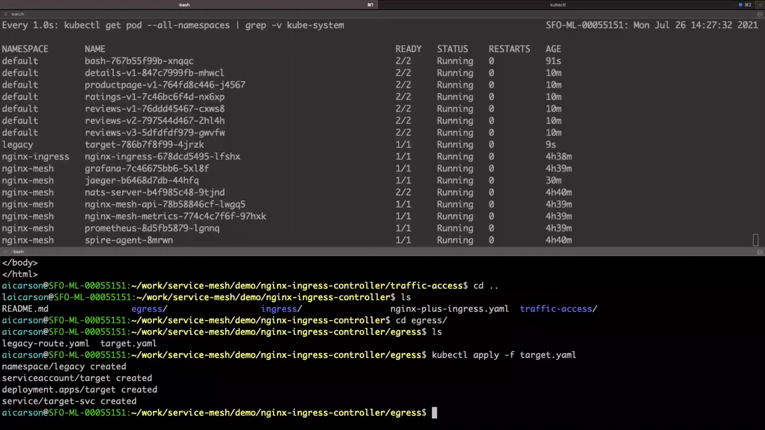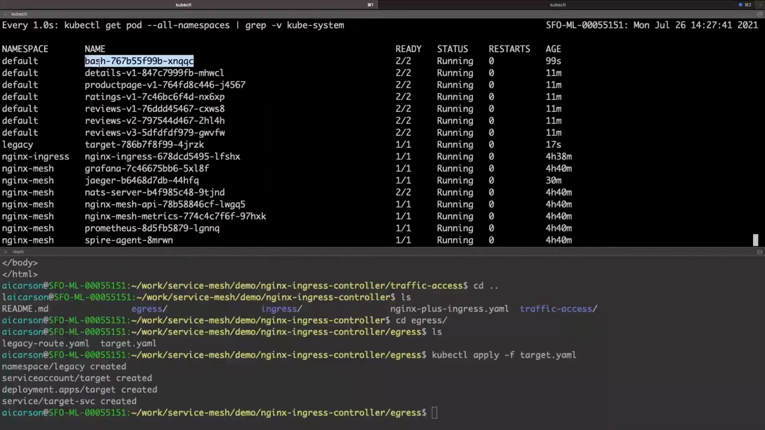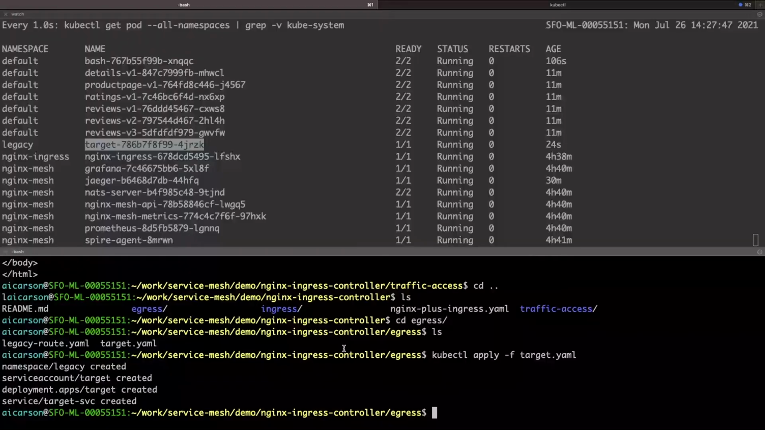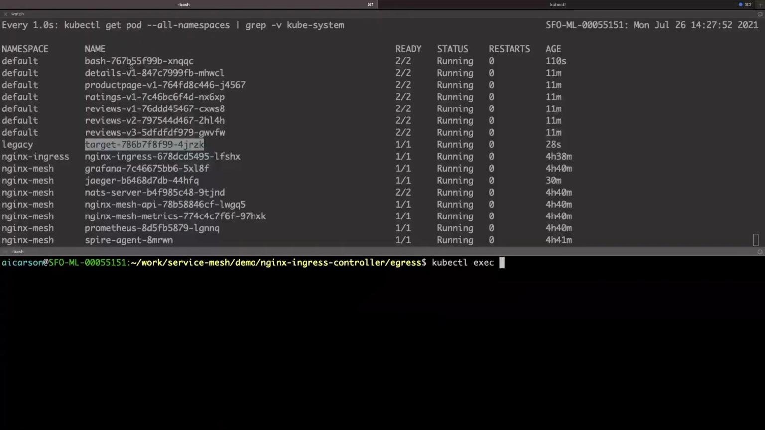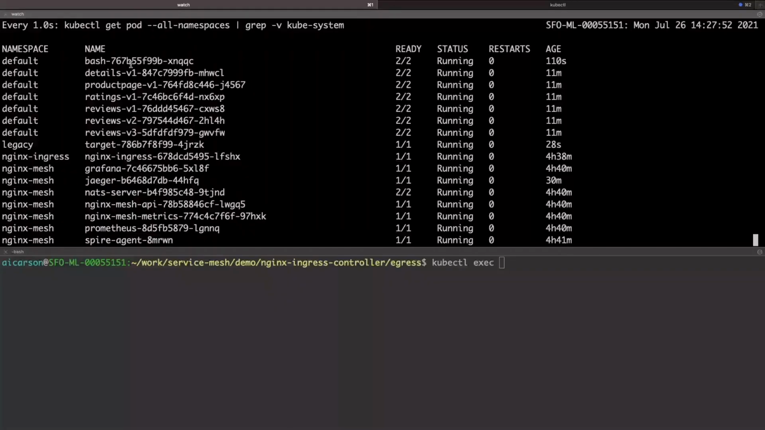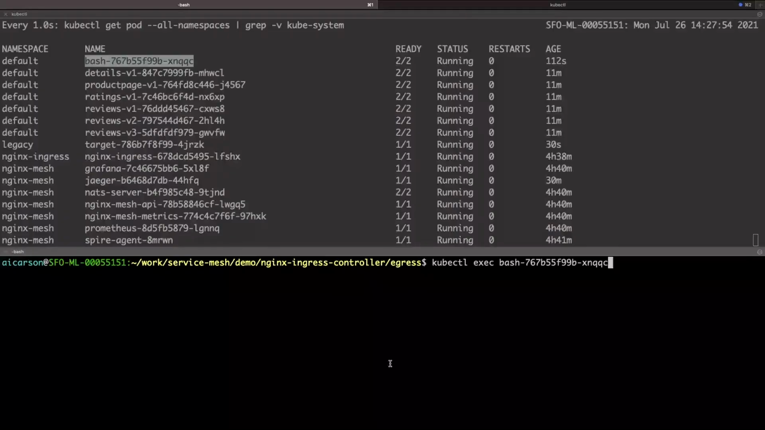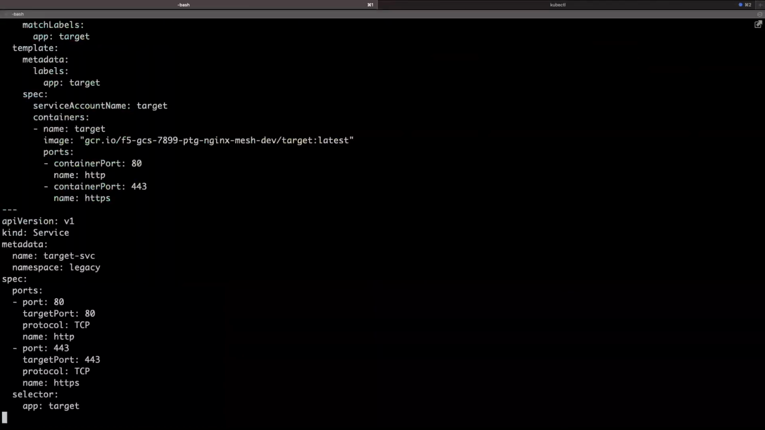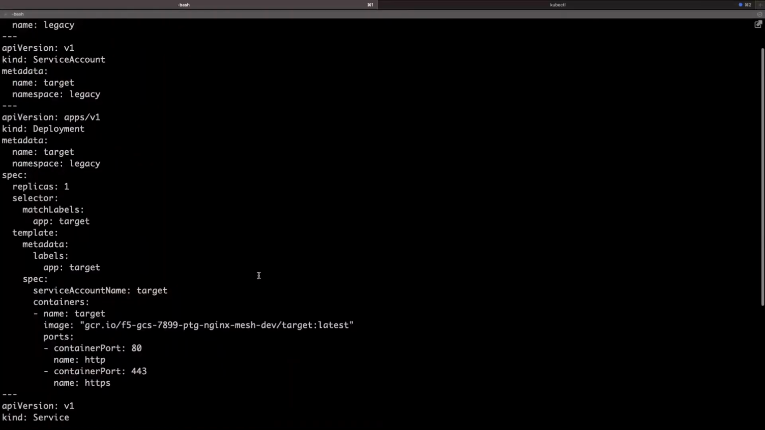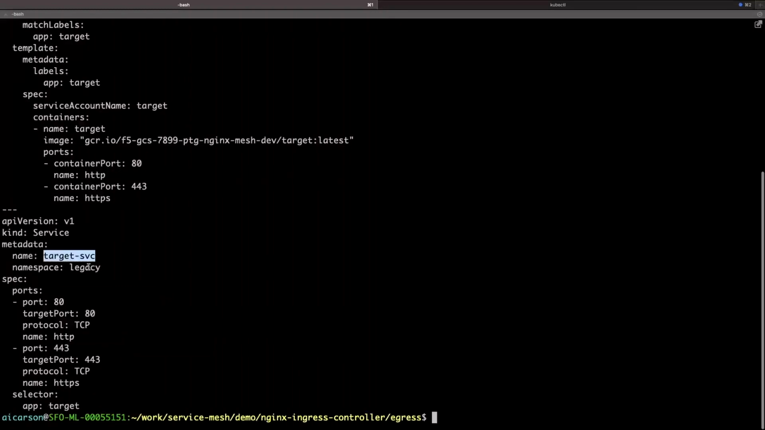So what we're going to do, let's say actually that this bash service is what's going to be responsible for communicating with this target. So first of all, let's just go ahead and try and communicate with it. I'll just exec that pod, and then let's see, curl. Let's just check out the target.yaml real quick. And then we can see the service, target service, and namespace legacy. Perfect. Okay, so